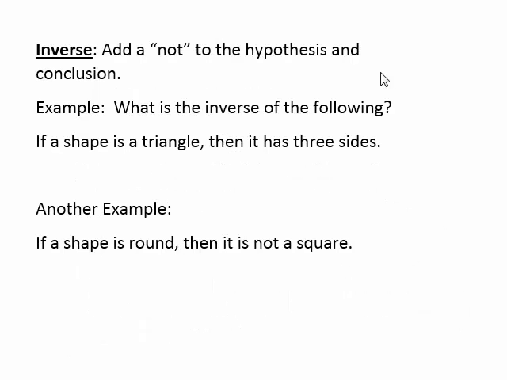So now let's take a look at inverses. An inverse adds a not to the hypothesis and the conclusion. So basically it just negates the hypothesis and negates the conclusion. So for example, what is the inverse of the following? If a shape is a triangle, then it has three sides. So by adding not, I mean you're going to find a way to negate each part of that statement. So if a shape is a triangle, to negate that we could say if a shape is not a triangle,